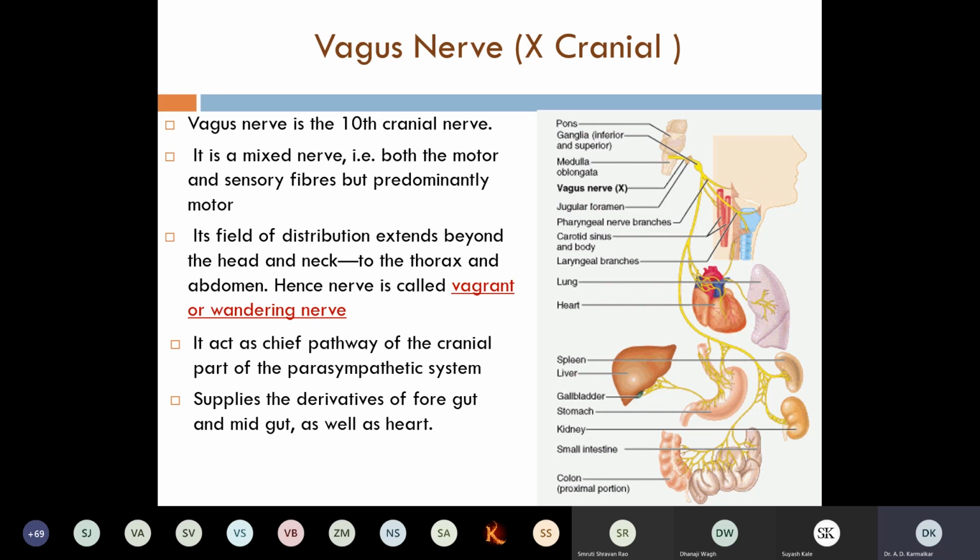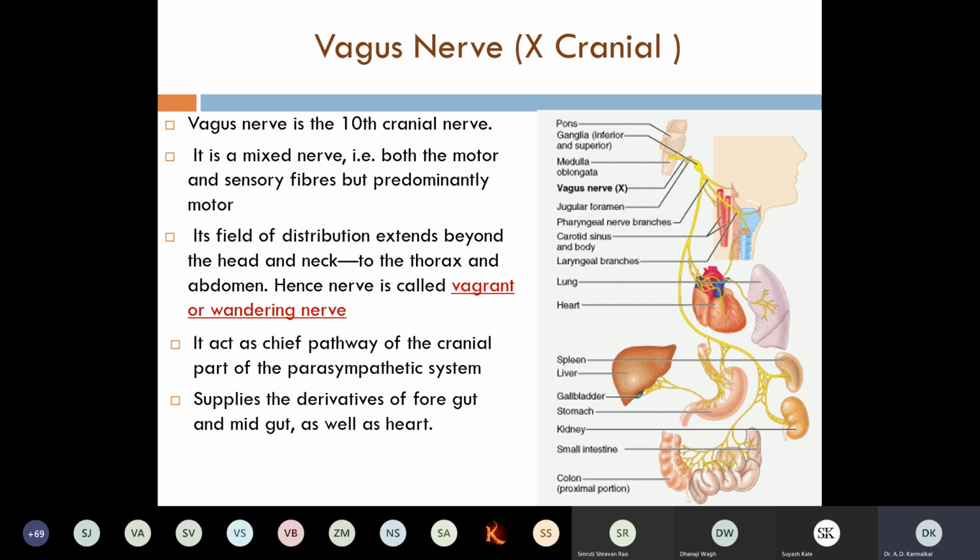Now if you look at this diagram, you can trace the nerve from its origin as it goes to the head, neck, the thorax, and reaches toward the abdomen. Okay, so that's the course of the vagus nerve. In detail, we are going to see the course in the neck region, thoracic region, and the abdominal region, and what branches are given here.